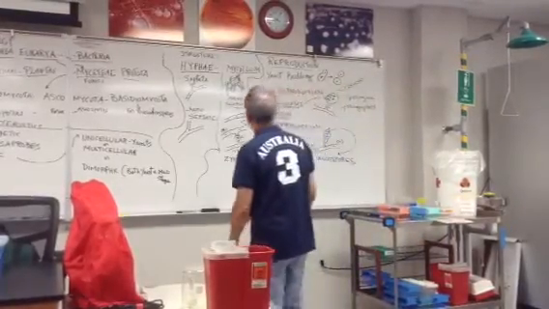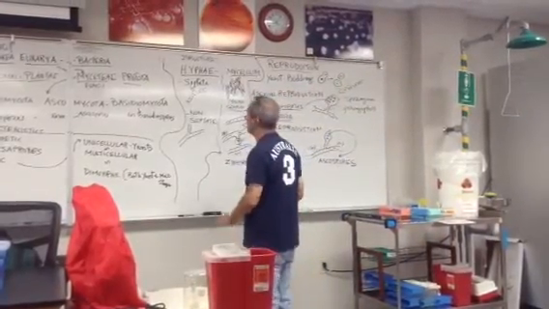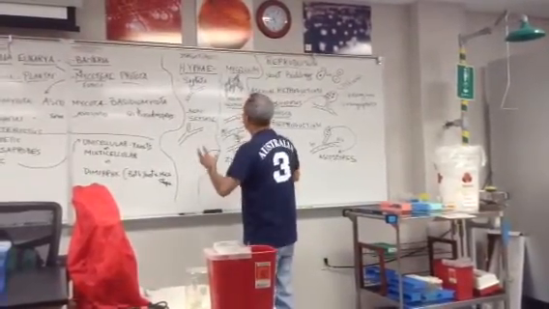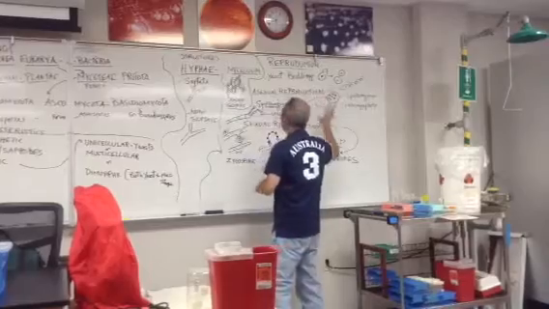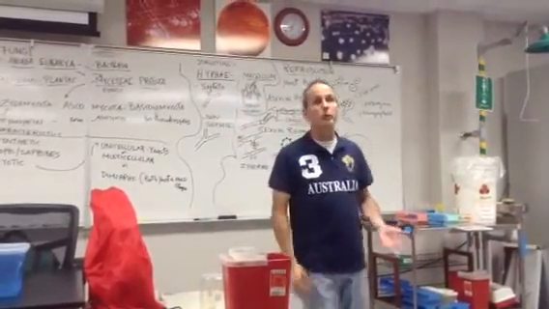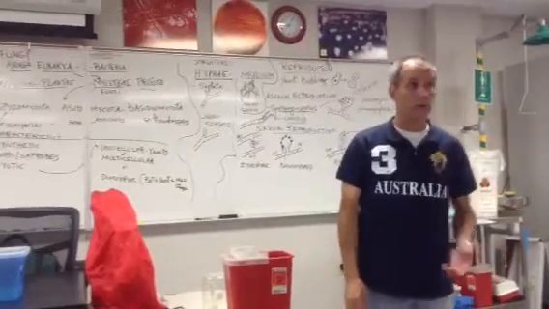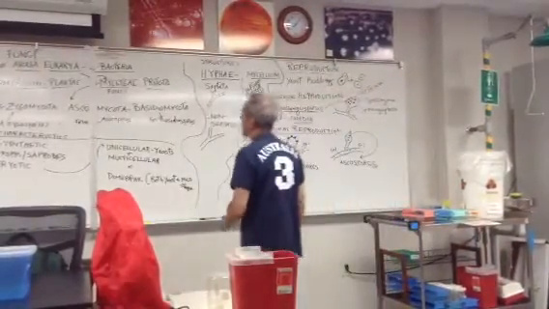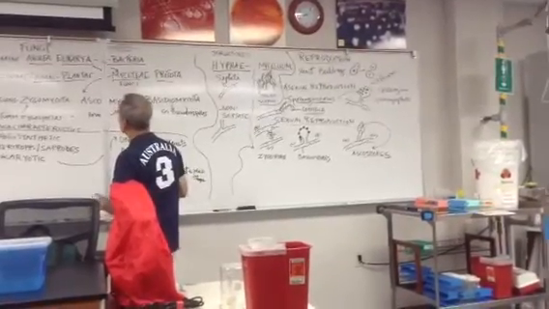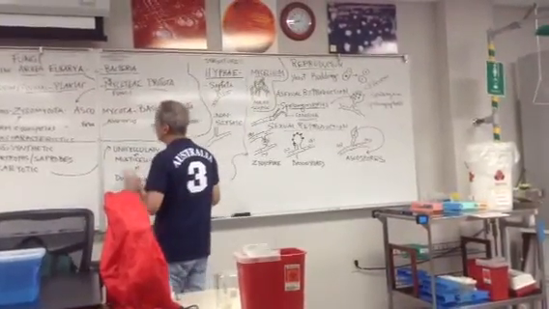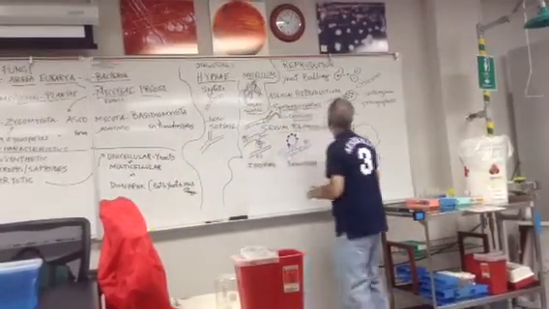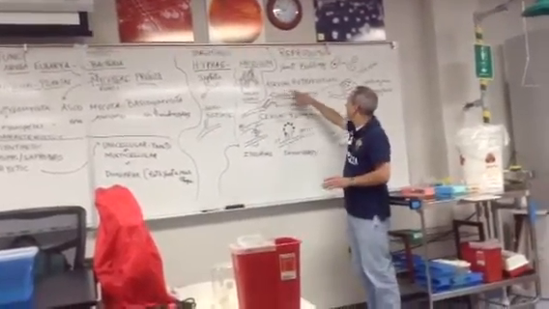The next thing we're going to talk about is the reproductive aspects of the other types of fungi. Because even though there's yeast and mold, do you agree that there's other types of fungi too, like mushrooms, right? So we have to talk about the reproductive capabilities of yeast and mold when it comes to fungi. And the first thing I have to talk about is this thing here called asexual reproduction.